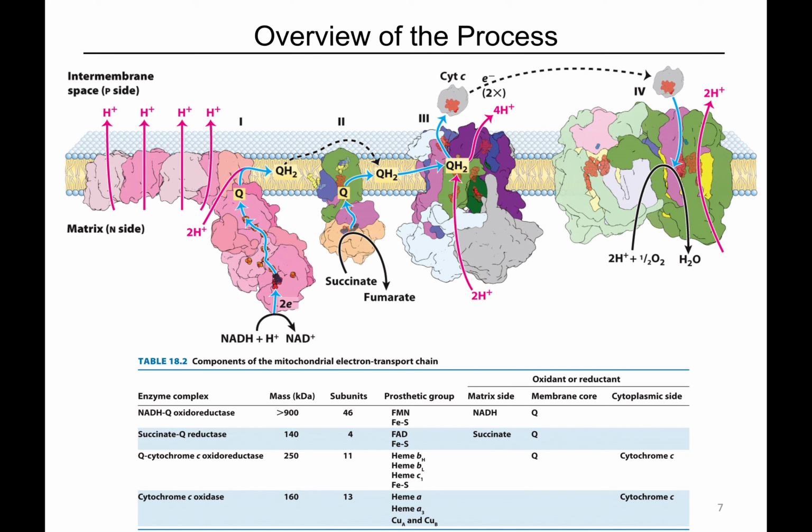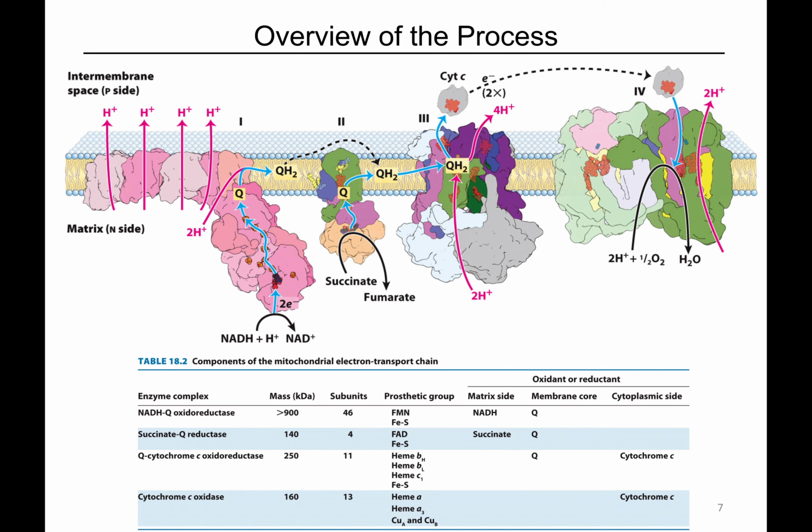Okay? So here's kind of a big overview of the electron transport process. There are four important proteins. Only three of them are important for any given electron origin. Okay? These things are cleverly named complex 1, complex 2, complex 3, and complex 4. Okay, there are more technical chemical names. Complex 1 is NADH coenzyme Q oxidoreductase. And as the name implies, it's responsible for taking electrons from NADH and giving them to coenzyme Q. Okay, we'll look at coenzyme Q here shortly.